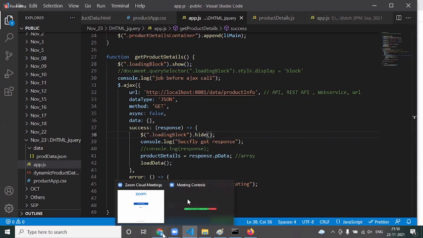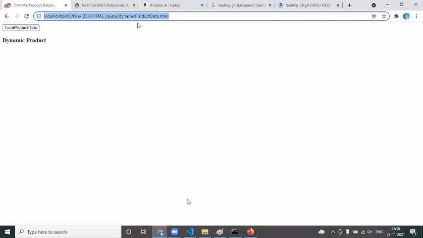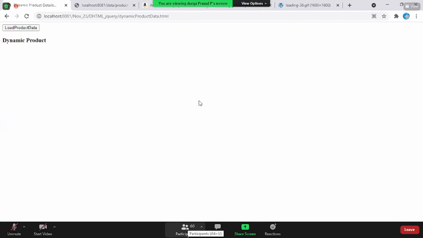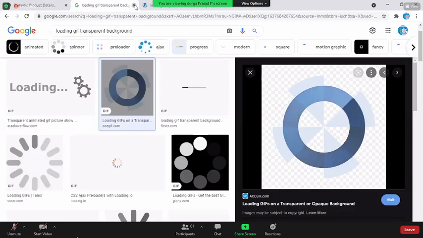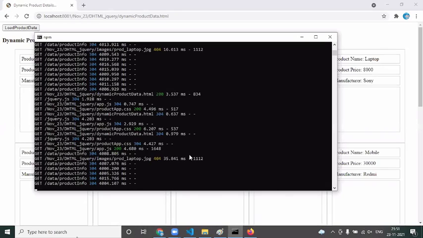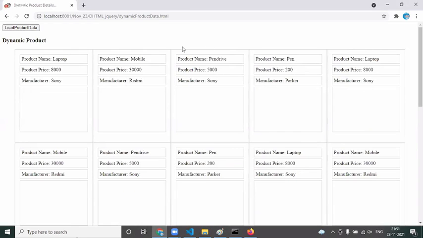Now, if you save this, come back and reload the page. End user clicking on load product here. What is this? Why is it not showing? Come on, what happened? So you need to start the server again. Server is all fine, right?